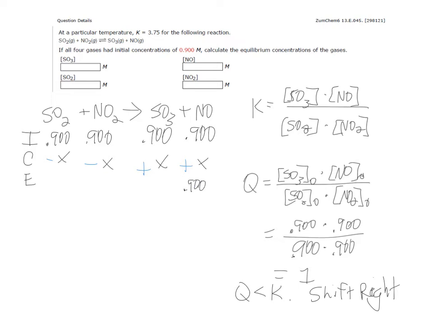If it were something other than 1, we would have to carry through the coefficient in the change line of the ICE table, which would then affect how we calculate equilibrium concentrations. But here we're just filling out our ICE table and letting the sum of the initial line and the change line be equal to the equilibrium line. Now, how do we handle it from here? Well, if we know that the expression for K involves product gases multiplied together and reactant gases multiplied together,